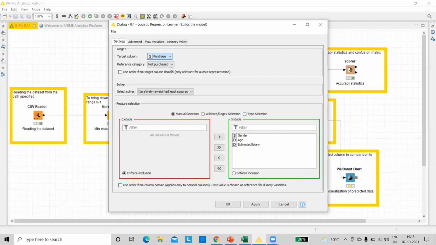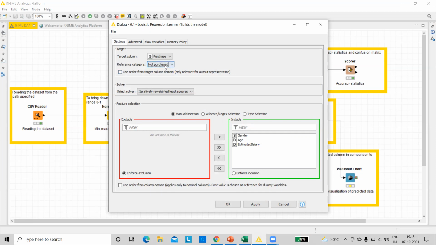And this is something called the reference category. The purchase column has a couple of values: purchased and non-purchased. If I keep the reference category as non-purchased, it will give me the prediction value as to how much probability there is that the customer actually purchases the product.